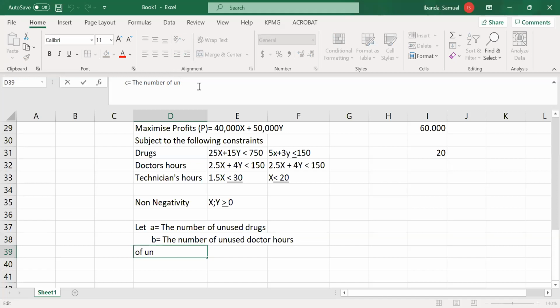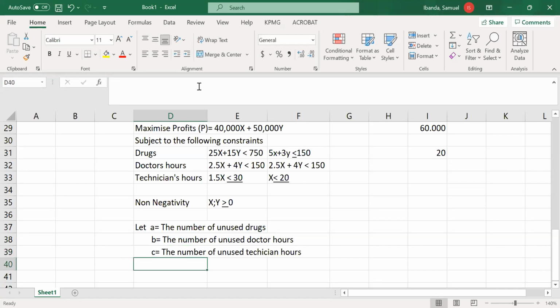The number of unused technician hours. So we're just trying to leave a room, because sometimes when you reach the level of optimality, you might have some unused hours, okay? Or unused drugs. That is very possible. So let this be technician hours, like that. So after we have done that, then our